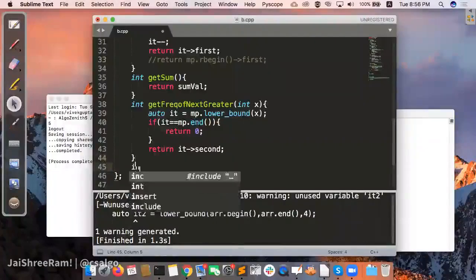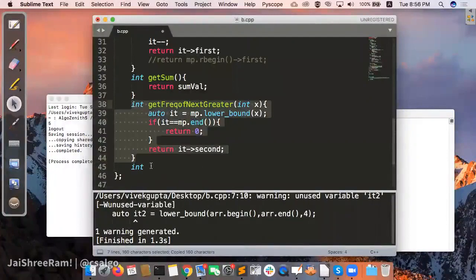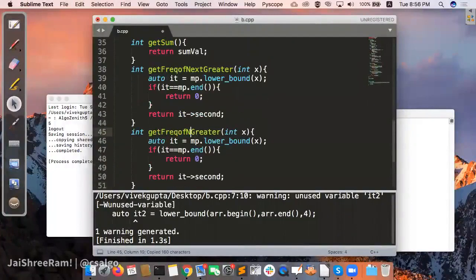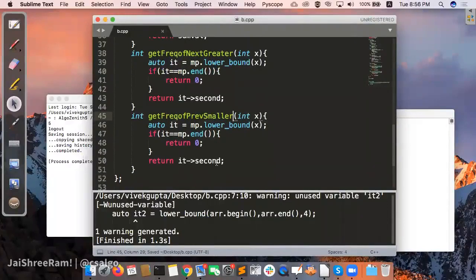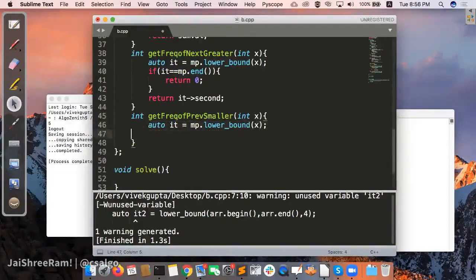So I'm copying this particular function as the frequency of the previous smaller element. How do we do this one? This is important as well.